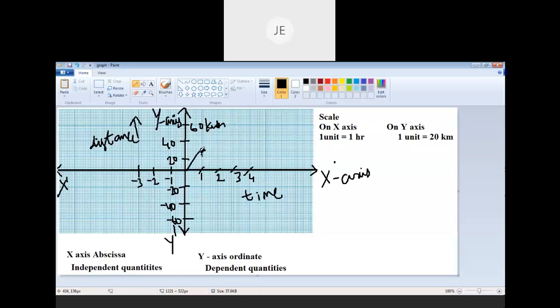We can draw graph like this, distance and time. And this is the distance time graph of Sagnik. Because in first 1 hour he has moved 30 kilometers. In second 1 hour he has moved more 30 kilometers. That means total 60 kilometers. So in 2 hours 60 kilometers. So you have to indicate the points like this. 1 hour 30 kilometers, and 2 hours 60 kilometers, like this. Okay, you have to indicate this.